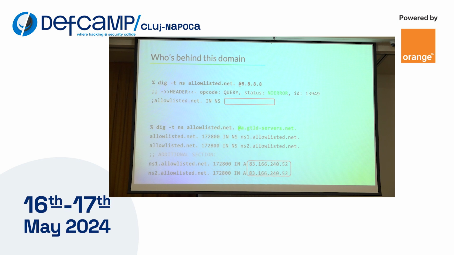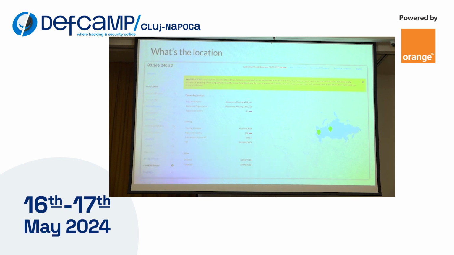Might be also some kind of error, but also could be geofencing. So definitely, if we want to check name servers for these domains, we should ask the name servers responsible for .net. So these are GTLD servers. You ask them, and you see that there are 2 name servers responsible for these domains, hosted on one and the same IP address. By the way, this IP location, according to IP addressing databases, is in Russia, which means